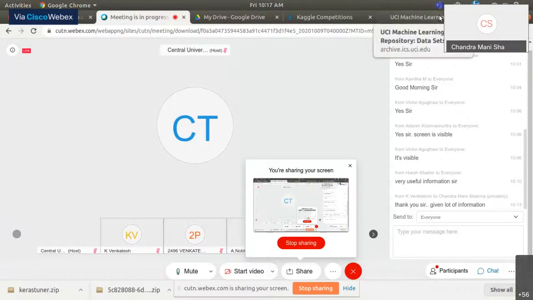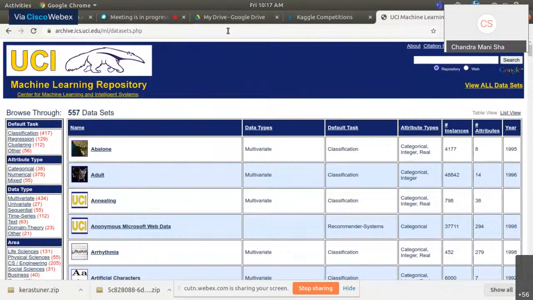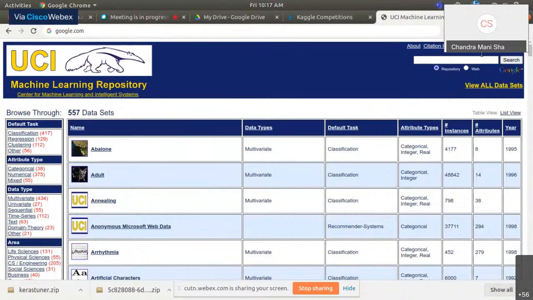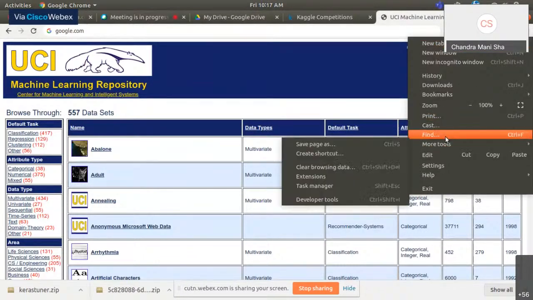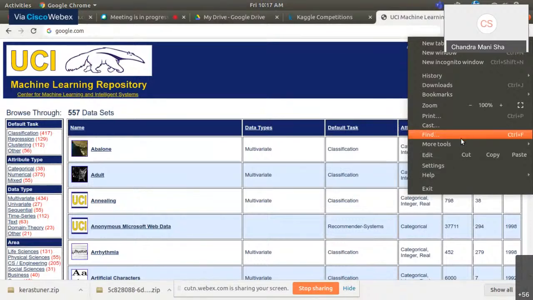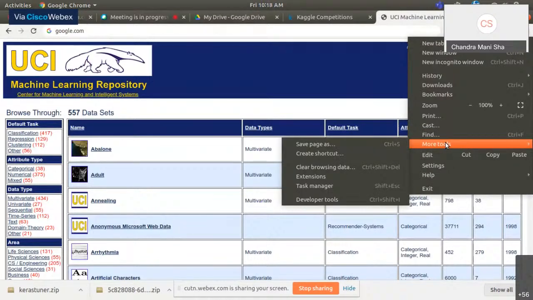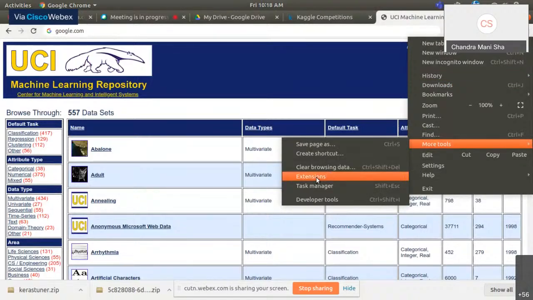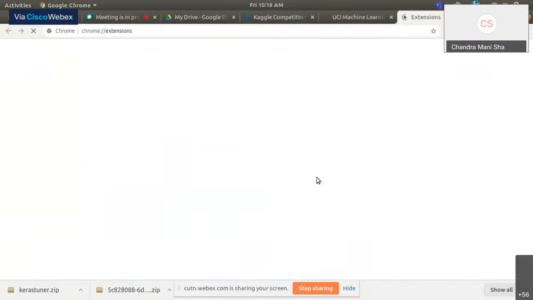So for creating our own data set, what we just need is one Chrome browser, and we'll be using one extension from this Chrome browser. Okay, so currently I'm working on this Chrome browser, and let me just go to the extension. So I'll be installing one extension in this Chrome browser. So from these three dots, you just go to more tools, and here you'll get the extensions. Just open it,